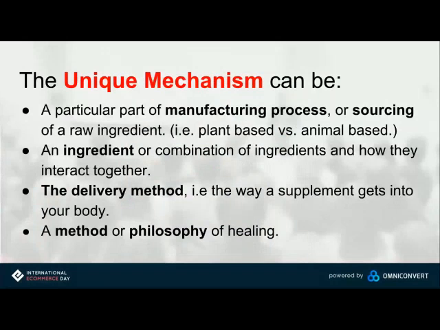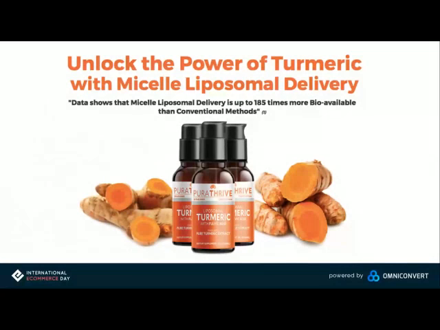So the unique mechanism can be a particular part of your manufacturing process. It can be a particular part of your ingredient or combination of ingredients or how you do things or your methodology. It can even be a way you deliver the product or a method or process or philosophy of the company. The important thing to note is that it's actually just an idea, meaning you can make it up completely out of thin air. Here is an example of a stage 3 message and market in a stage 3 unique mechanism